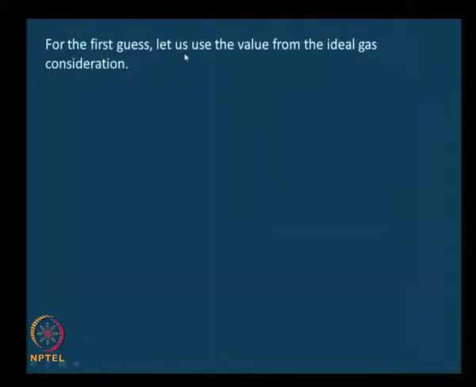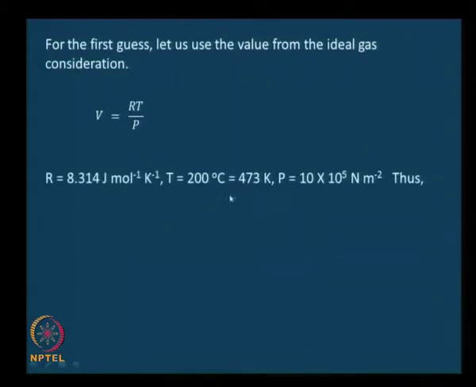For the first guess, we need to start with the first guess, and where do we get that first guess from? If it is a gas, this equation is valid for a gas, we could use the ideal gas value, whatever we get from PV equals RT, as the first guess. We will not be way off. Therefore, V equals RT by P from the ideal gas equation, and if we substitute the values in this particular exercise,